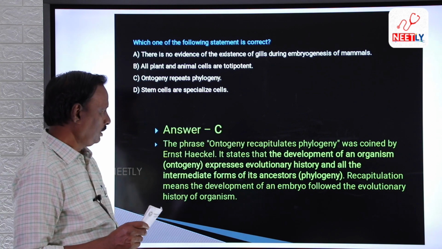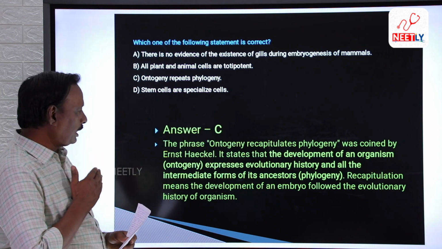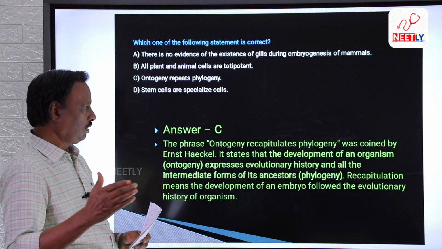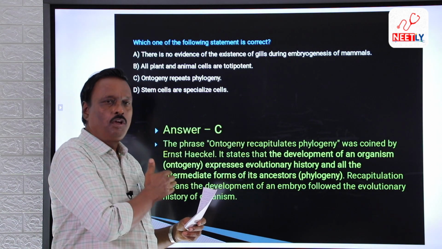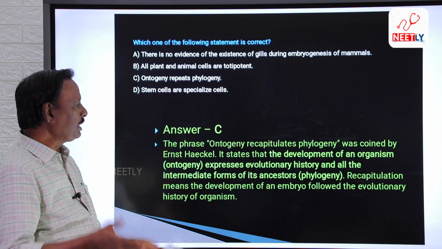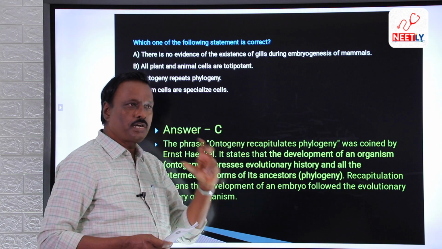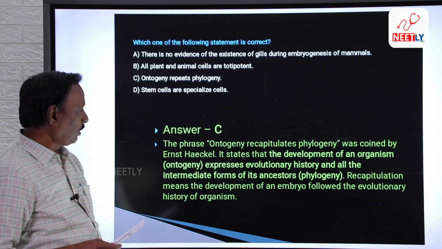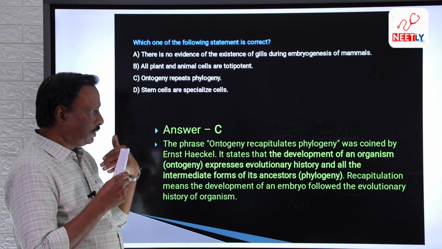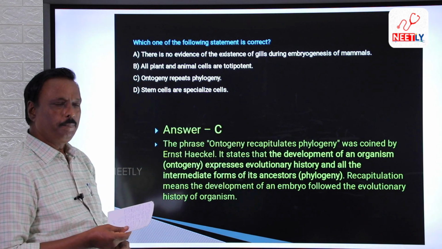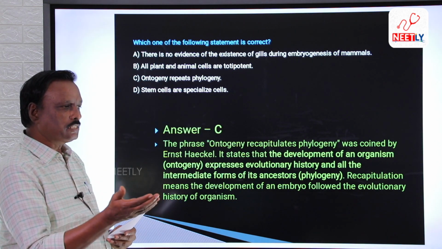That is ontogeny. Phylogeny means the intermediate forms of the ancestors, or the forming of a new species from the ancestor species. What are all the intermediate stages? Everything is included in the phylogeny, or we can say that it is the history of an organism. So, in an embryonic development, there are so many evidences to prove that the organism has evolved